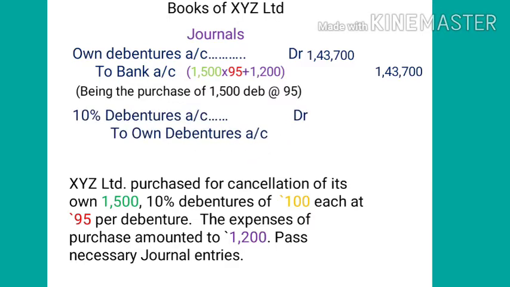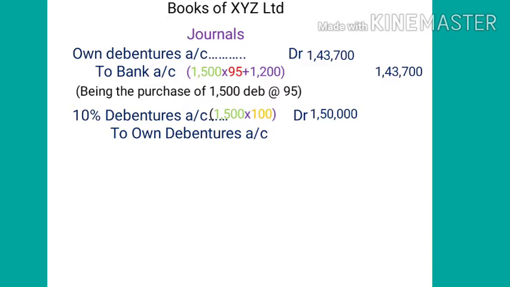Now next entry is the cancellation entry, because the debentures are purchased for the purpose of cancellation. So we have the entry 10% debentures account debit to own debentures account. 10% debentures will take the face value, nominal value. So here 1500 into 100, 100 is the nominal value. So the value comes to 1,50,000, and the own debentures account value is up there, which is